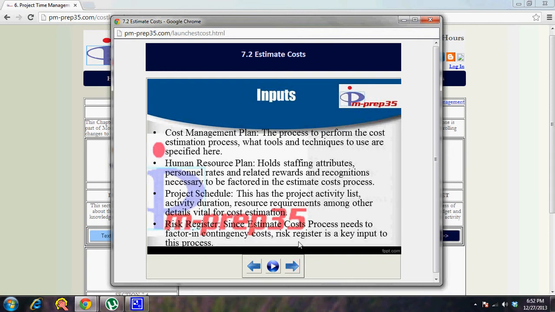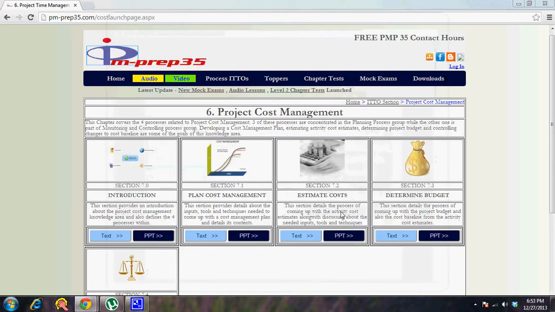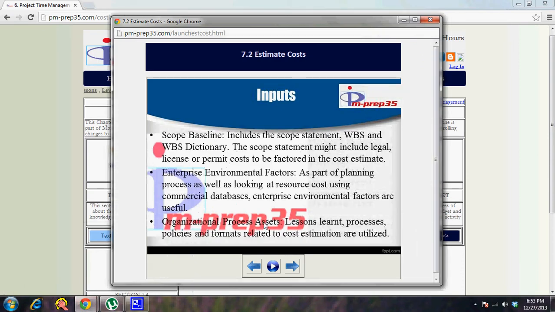Then you have the risk register, from where you will find out the identified risks. Since the estimate cost process needs to factor in contingency cost, the risk register is a key input to this process. Scope baseline. Okay, the third part of the triple constraint; project schedule is one of the baselines that is already an input. The scope baseline is an input basically because it has the scope statement and WBS dictionary. The WBS and scope statement play an important role in coming up with the estimate costs, because